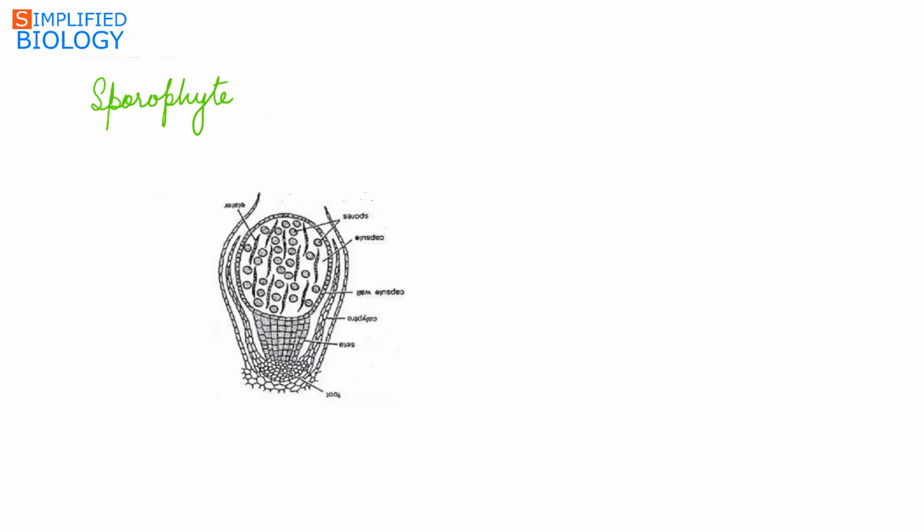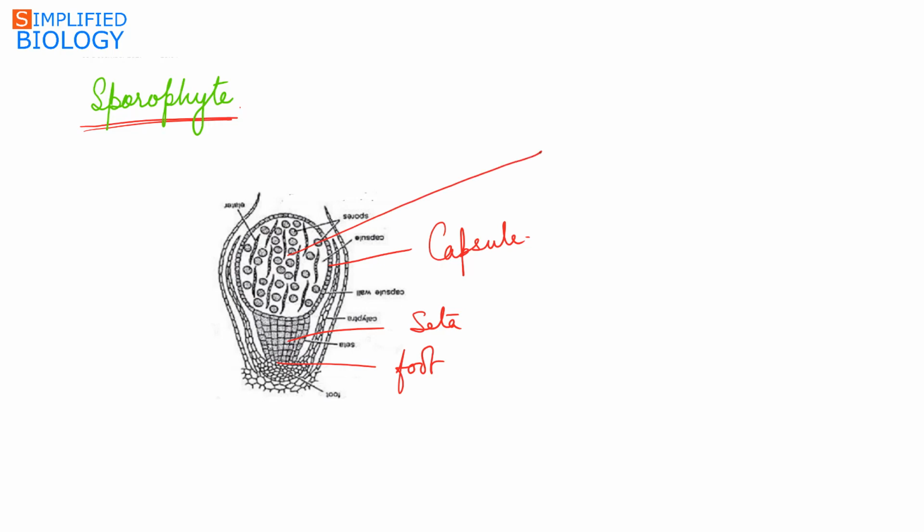Fertilization occurs with the help of water and the zygote divides to form the sporophyte. The sporophyte consists of a small foot, seta, and a capsule. Developing inside the capsule in the case of Marchantia are haploid spores